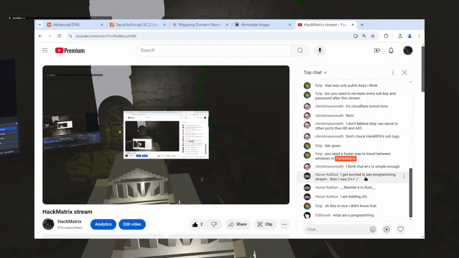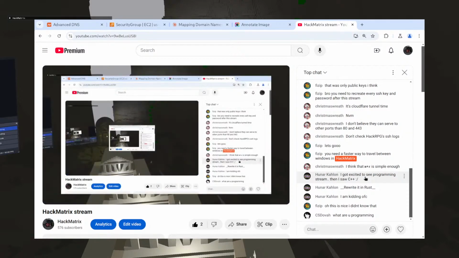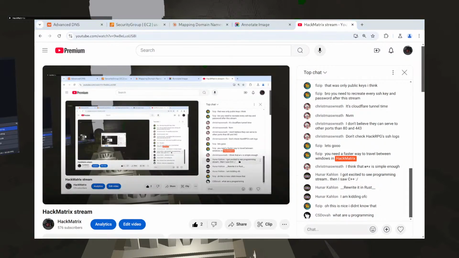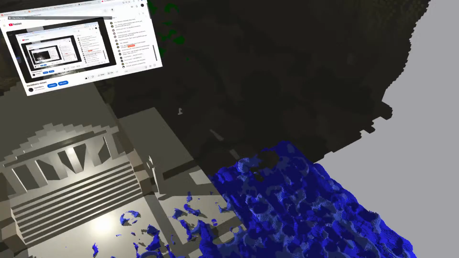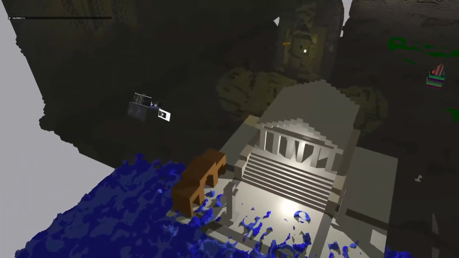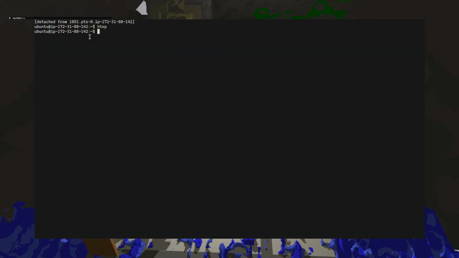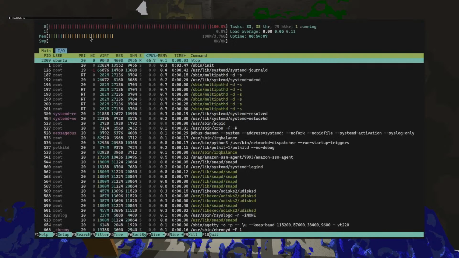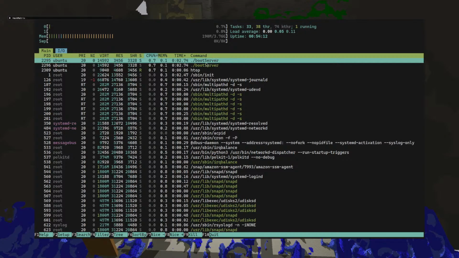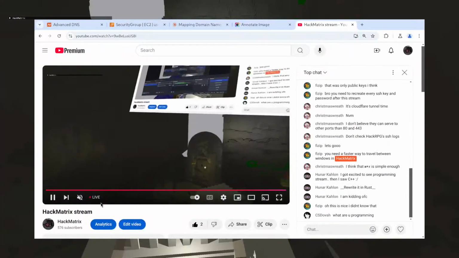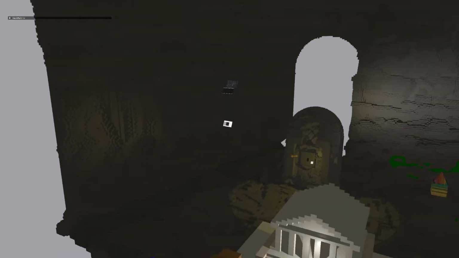What am I programming? I'm programming an MMO-RPG server. Technically, it still works. If you go back maybe 10 minutes ago, you will see my server, this is the EC2 instance. This is my MMO server. You can see it running. It's called boot server. Okay, hopefully the stream is still live. Good, it's still live. OBS crashed.